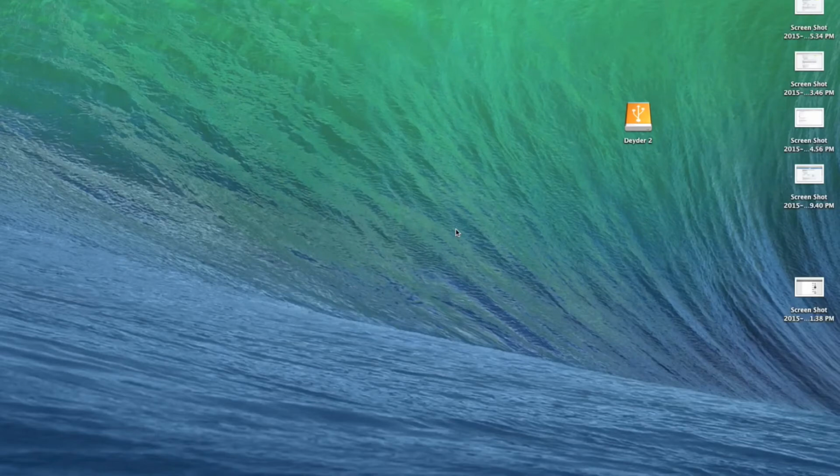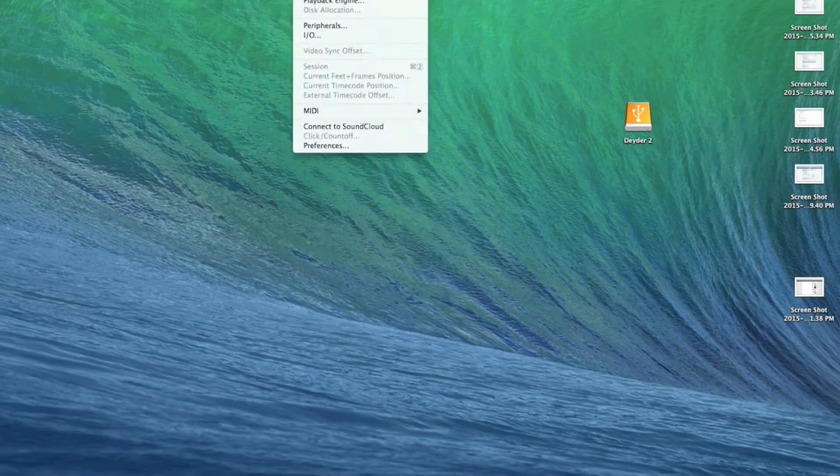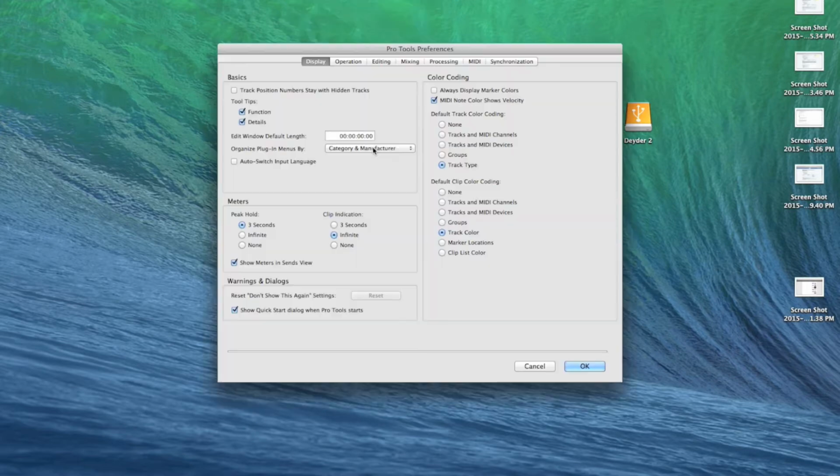In this video, we're going to talk about the way I set up Pro Tools. Let's say I just bought it, or I am working in a new studio where I don't know what settings they have. I always go to the preferences to check and make sure that I have the specific setup that's going to make me quicker. It's going to allow me to be more organized and to know where everything is.